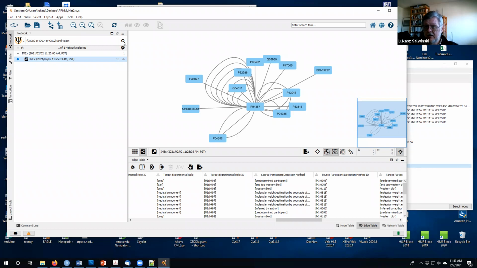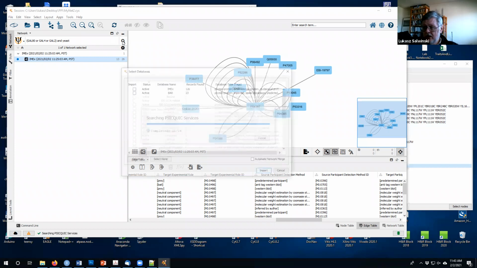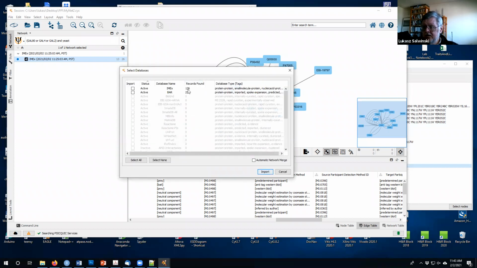So this way I can now search. Okay, and now IMAX is giving me 126 records that match yeast and one of those three gene names. So now I can pick just what I want to get here, and then I'm gonna import,